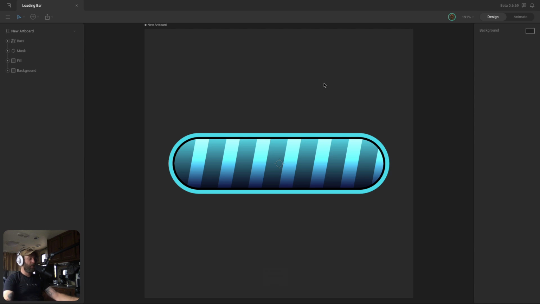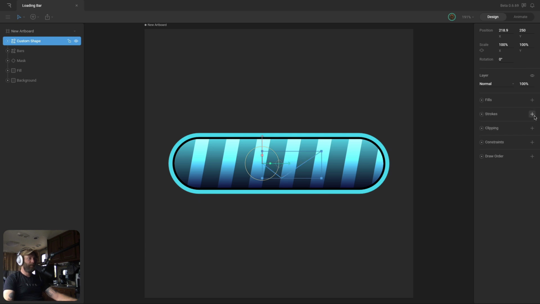We need to create one more thing. We need to create a check mark, and we'll use this check mark later to create an animation that acknowledges that whatever this is tied to has finished loading. That check mark will animate in there so that you won't have any question whether or not the object is fully loaded. So to do that, I'm just going to activate the pen tool with the P key and create a check mark just like this.